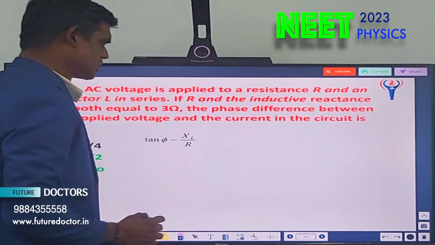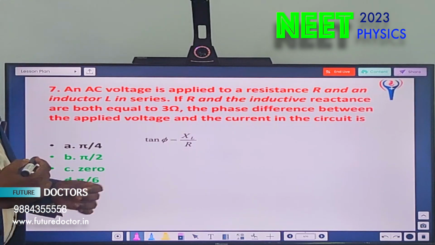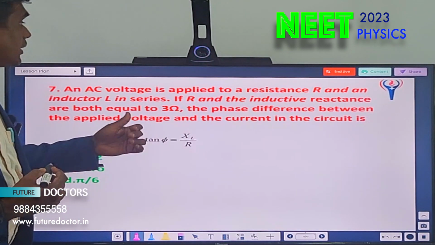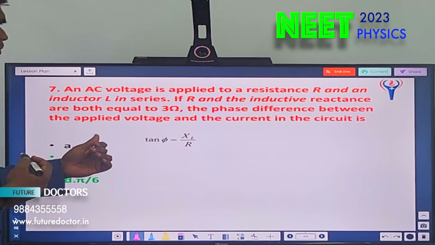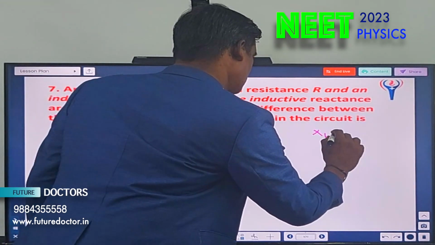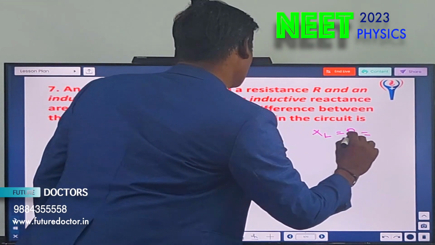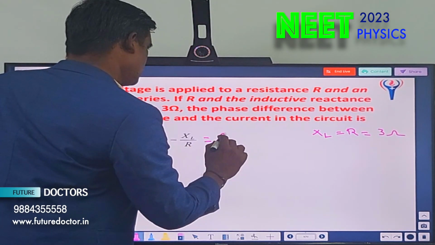Let's move to last question. An AC voltage is applied to a resistance R and an inductor L in series. If R and the inductive reactance are both equal to 3 ohm, the phase difference between the applied voltage and the current in the circuit is dash. That is, XL equal to R, only given 3 ohm. Okay, and R also given 3. So 3 by 3